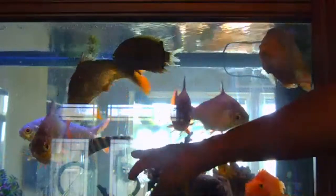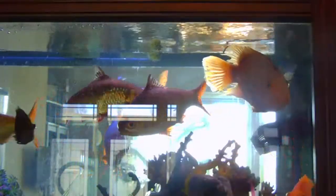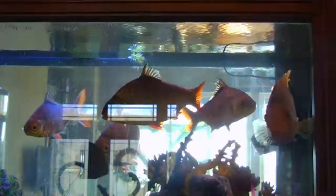Here's a striped leporinus. And these two up here, if you can see them, the ones that are further up beside the cichlid, they're severums that just swim off the tank. In our tank here, we have a lot of catfish. And the catfish we have tend to get